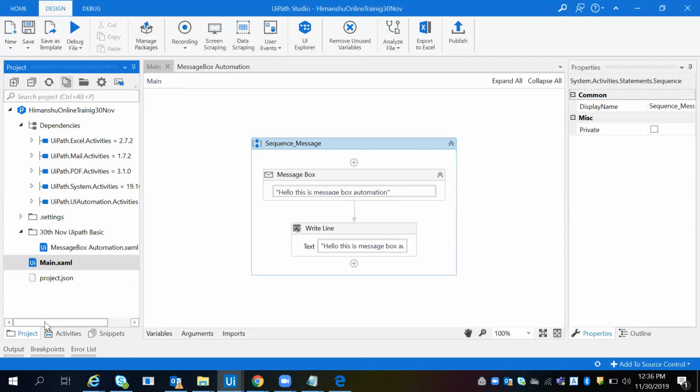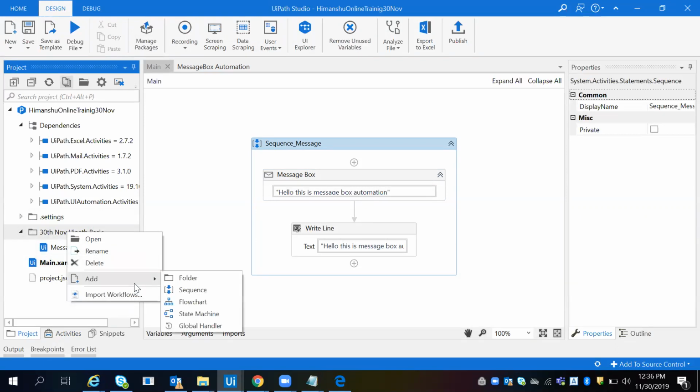First you have to create the project, and after that you have to create all the activities. Sorry, we have to create all the XAML files. You have to create the workflow. For creating the workflow, you can click on the project panel and right click and add flowchart or sequence. If you want to create any type of flowchart,